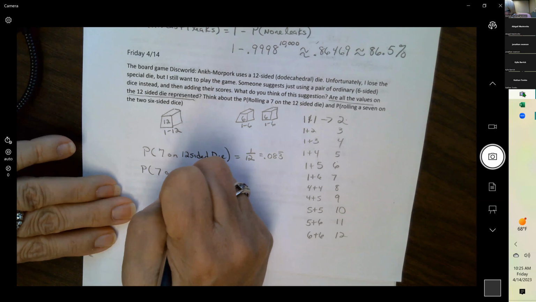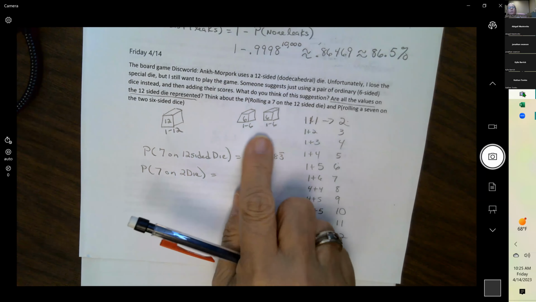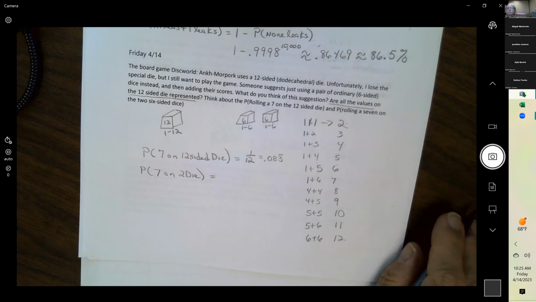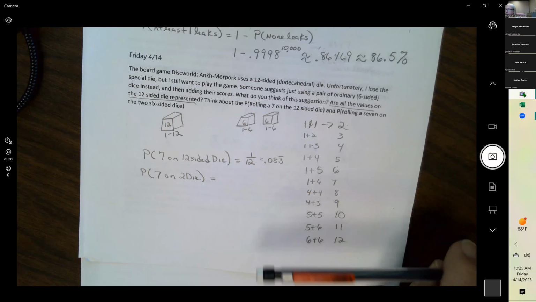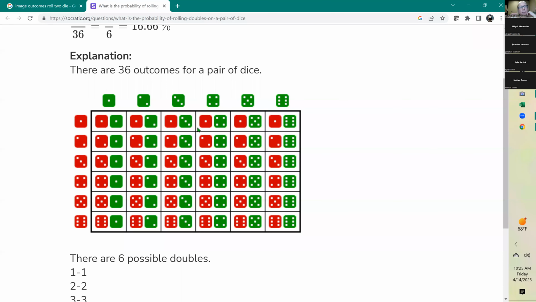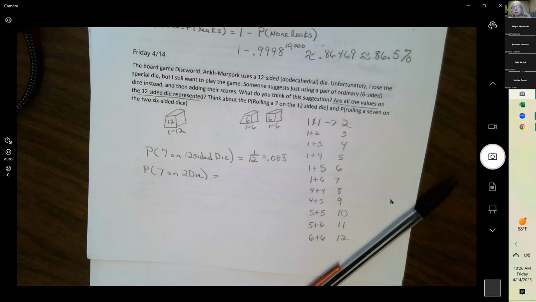How about when we're rolling 2 dice, the probability of getting a 7? It would be more than one because there are multiple ways to add up to 7. Yep. I'll bring the dice up again so we can look at it. So to get a 7, here's 1, 2, 3, 4, 5, 6. Now a 1 and a 6 and a 6 and a 1 are different because they're 2 different die. So there's 6 different ways of rolling a 7